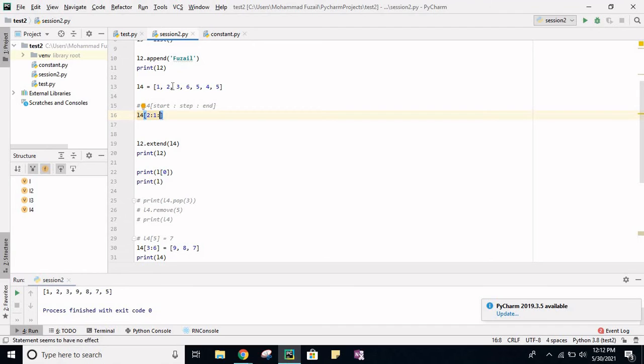Now we have to pass the last index. So from 3 to 4, the last index is 5, right? But as I already told you, the end is where this will stop, it will not work at that particular index, but we want to get this 4 which has index 5. So we will pass 5 plus 1, which is 6, as the end index. So the end index will always be 1 plus the last one which you want to work with. Are you getting this? Is it clear, or do you have any doubt?